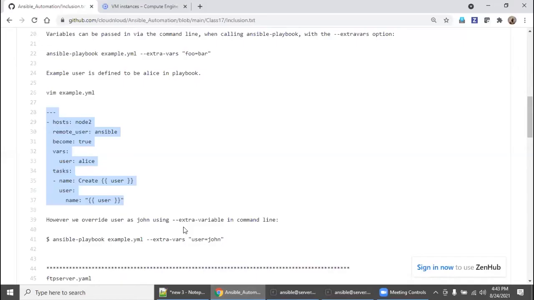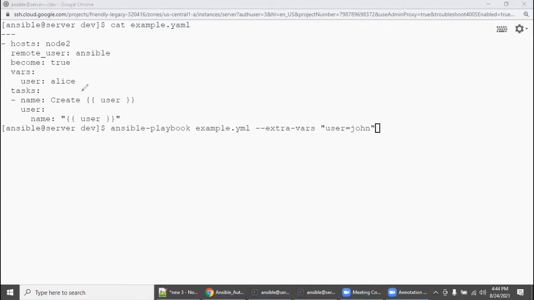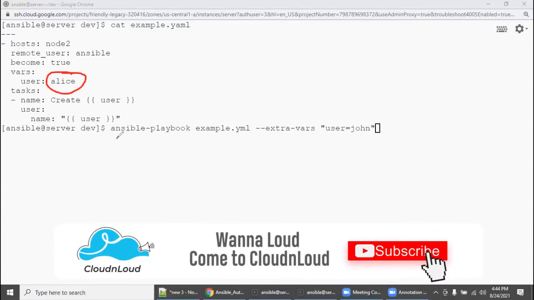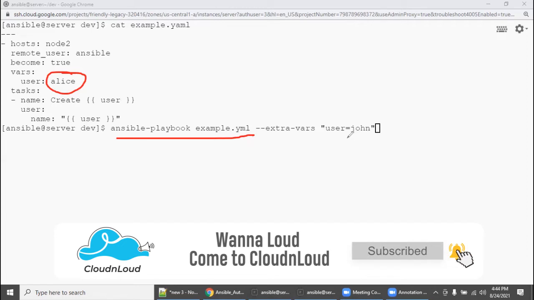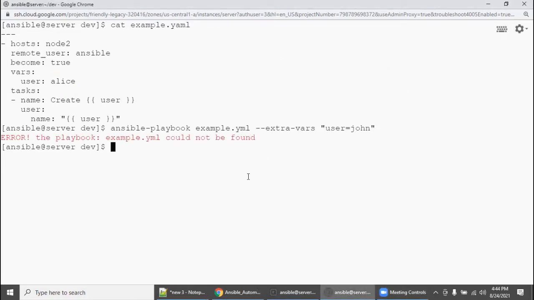Yes, saved. Now I'm going to execute this playbook, but I want a different value. In this, we have defined the username as alias, but when I execute, I want to assign a new value for user. If I execute this, there is a typo, example.yaml.